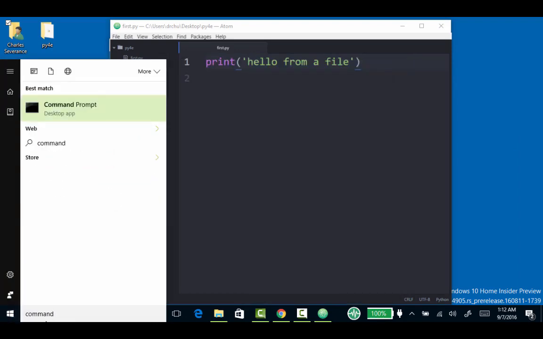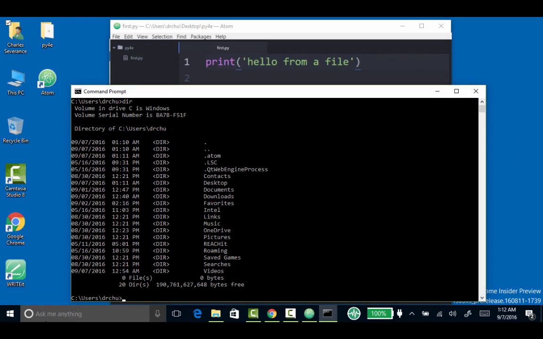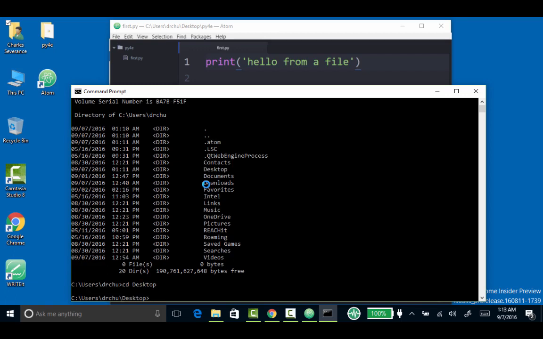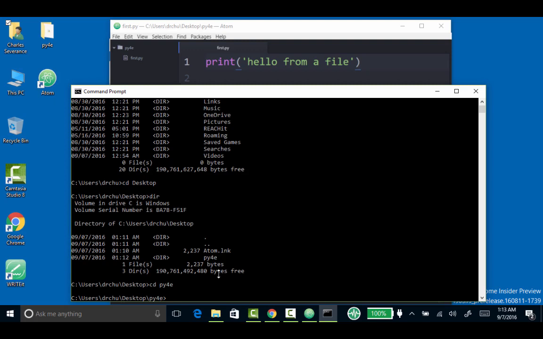Command. Now, if I do a dir, I see the folders that I'm in, and one of the folders that you can see here is the desktop folder. So I'm going to say cd desktop, and then I'm going to type the dir command to see what folders are in the desktop. These folders are the same as these folders. These things are kind of virtual folders. PY4E is PY4E. Now I can type cd, which stands for change directory, PY4E, and I can do a dir,